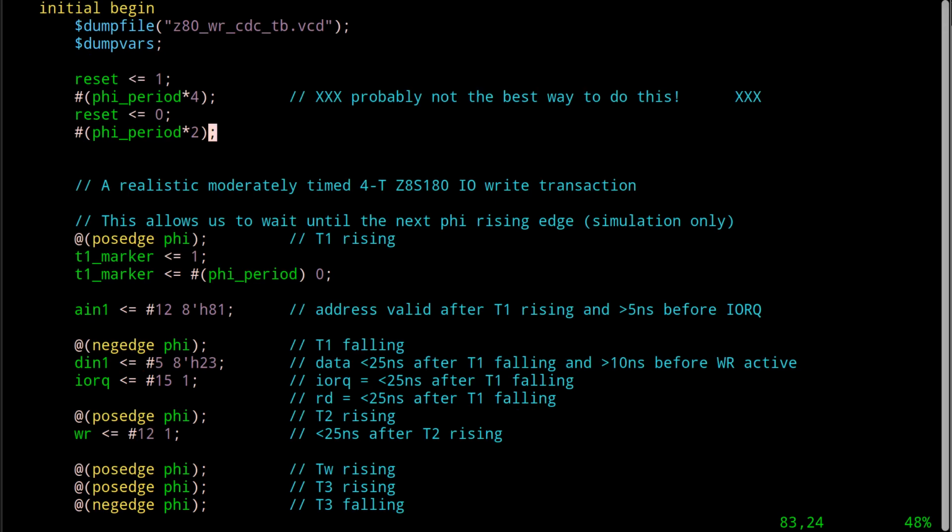Okay, so this is okay if you really do want to waste time and then do something and then waste time and then do something else and so on. That's one style of doing something. Another one is to put what looks like a sensitivity list, and it basically is. So normally you'd associate this with an always block. Now, I haven't done these in test benches that I recall